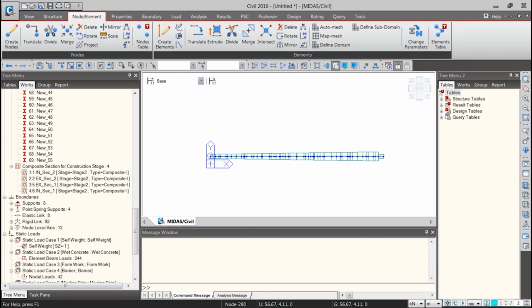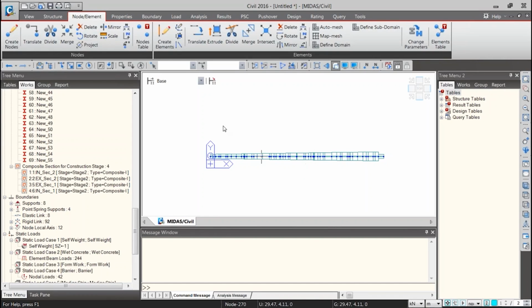So in order to increase the efficiency, what we can always do is create a layout in a chart, in a paper or something, and we write like define section properties first, define material properties second, then go to structure wizard, like this. So this is the way we usually go about things. Fortunately, Midas also provides something similar to that.